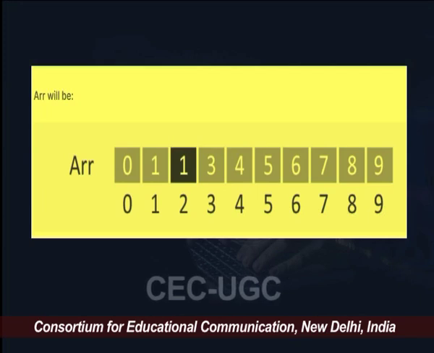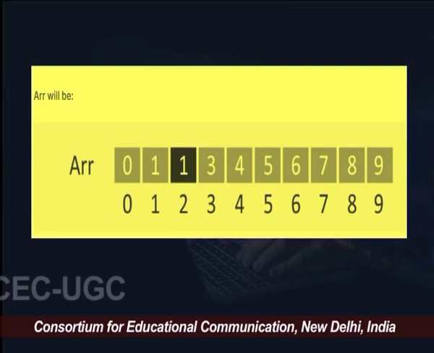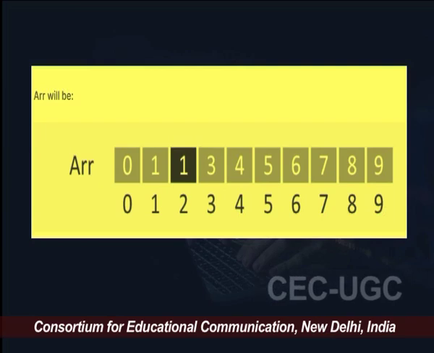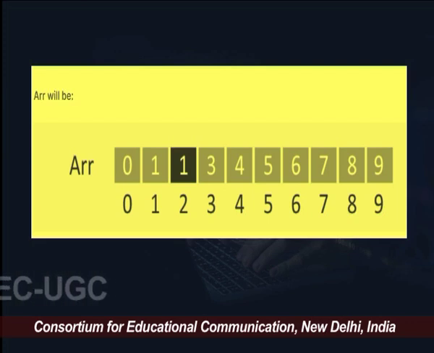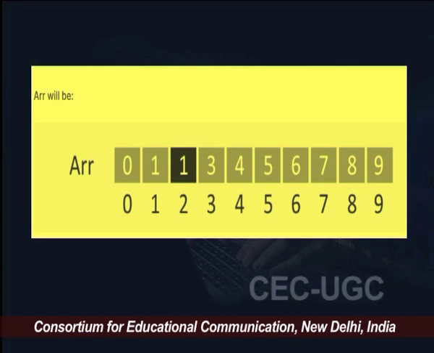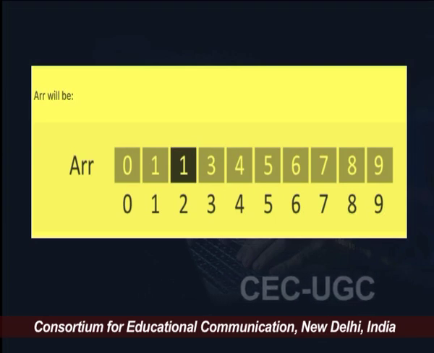But what you need to update in case of this array is, here you can see that now the element at the index 1 is 1, which is the representative element, and element at index 2 is also 1. So that means now the elements 1 and 2 are joined together, and 1 is the representative of this particular set. Initially each and every element was in the form of a singleton set, which is a single element set,